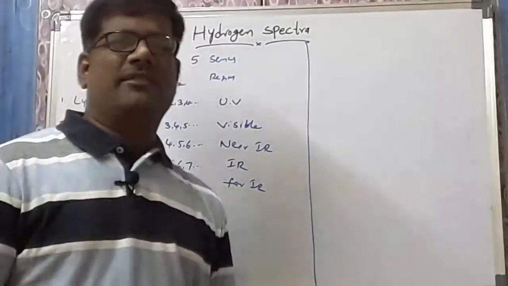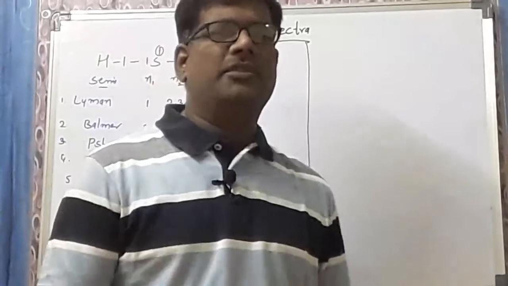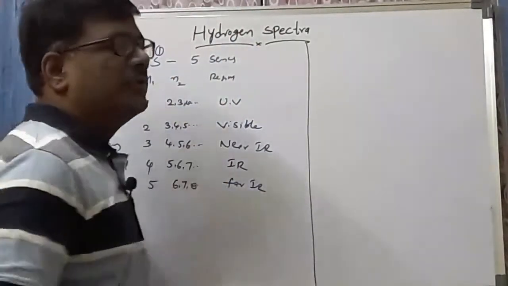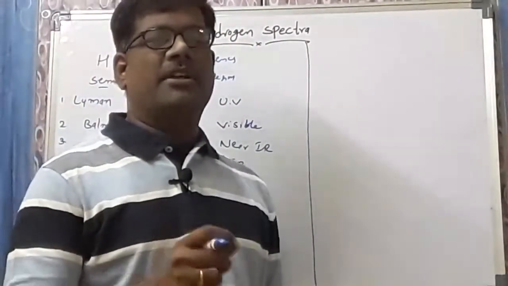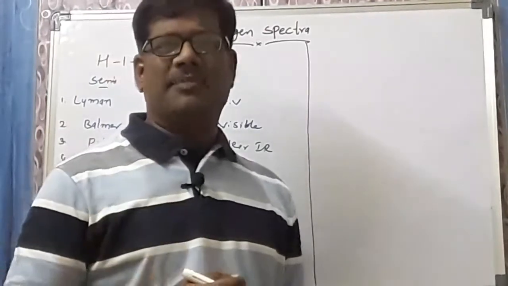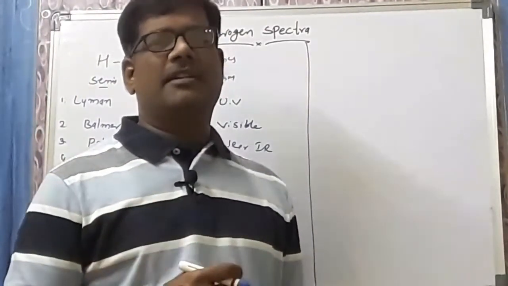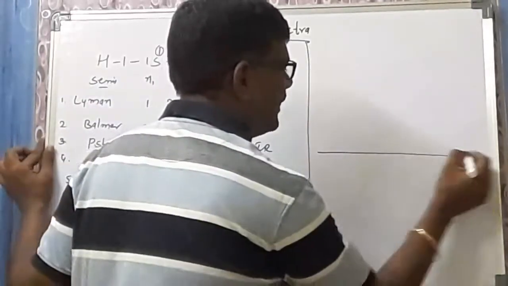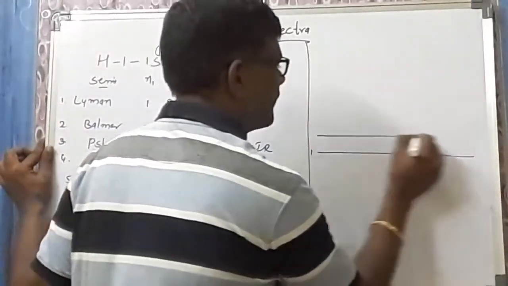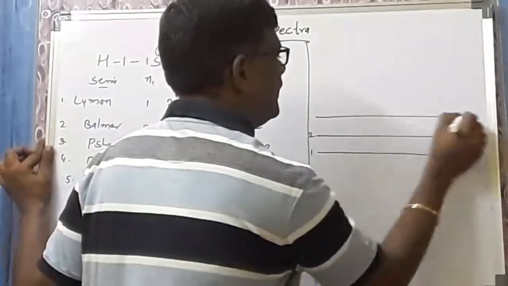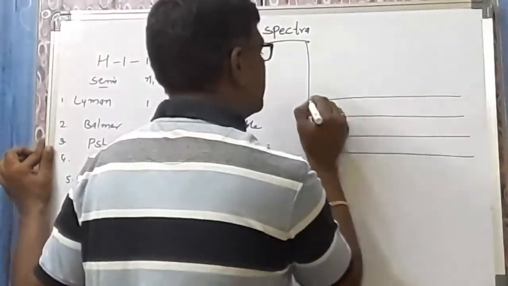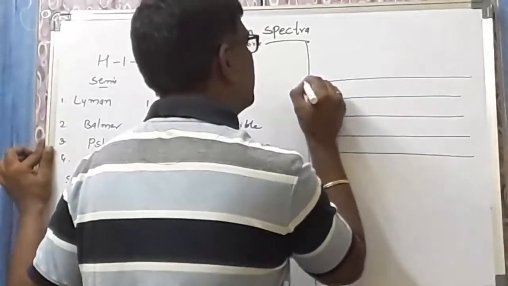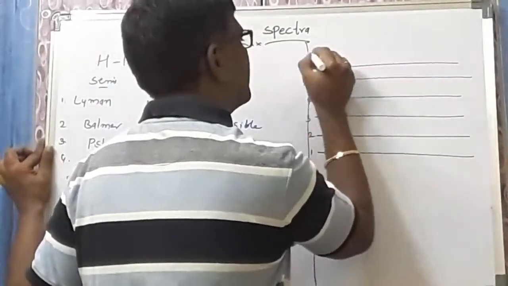So what is the meaning of this? What are n1 and n2? They are the number of shells. n is nothing but the principal quantum number, and the principal quantum number gives you the number of shells. Let us take some shells: n is equal to 1, 2, 3, 4, 5, 6 and 7.